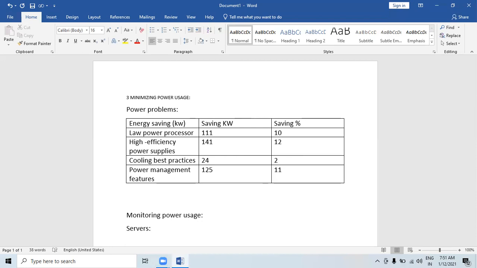Let's see this. To monitor power consumption yourself, you need to use power monitoring software. If we use power monitoring software, then we can monitor how we consume the power. Without knowledge of where you are starting, it is impossible to tell how much of a problem you have and to what degree your fixes are helping.